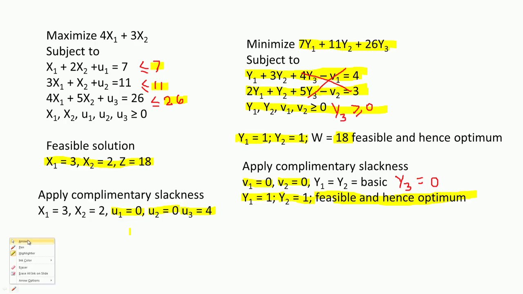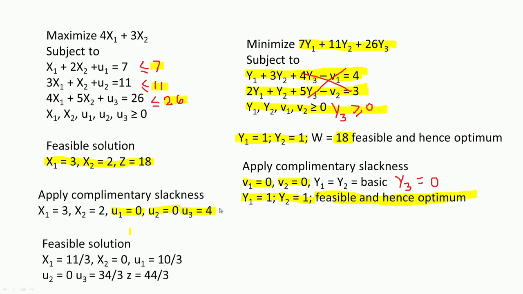Now let me look at another instance. Now let me go back to the same problem, to the primal, and let me take a solution x1 equal to 11 by 3. From the second constraint I am writing x1 is equal to 11 by 3. So when I have x1 equal to 11 by 3, automatically x2 is equal to 0 and u2 is equal to 0. You can see that x1 is equal to 11 by 3, x2 will be 0, u2 will